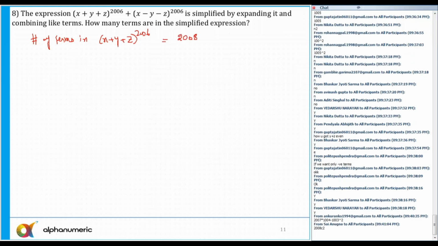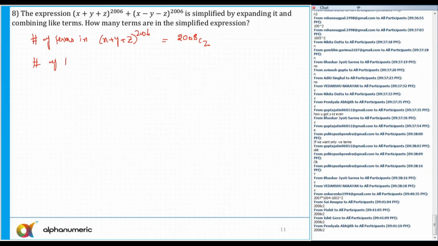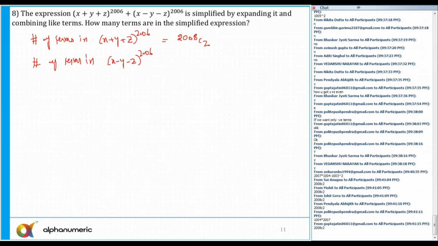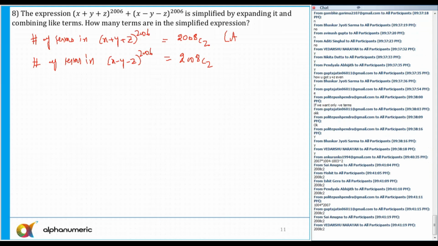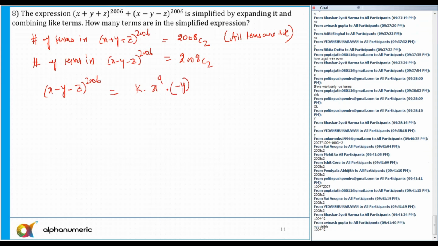2008 C2. Now, similarly, we know that the number of terms in (x minus y minus z) raised to power 2006 is also equal to 2008 C2. But here few terms will be negative, so they will cancel each other. So the general term of (x minus y minus z) raised to power 2006 is equal to some constant k into x raised to power a into (minus y) raised to power b into (minus z)